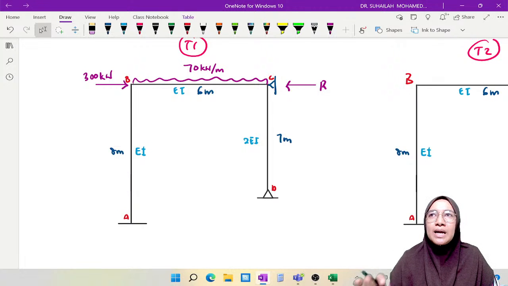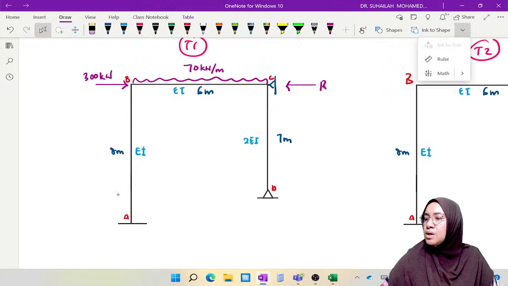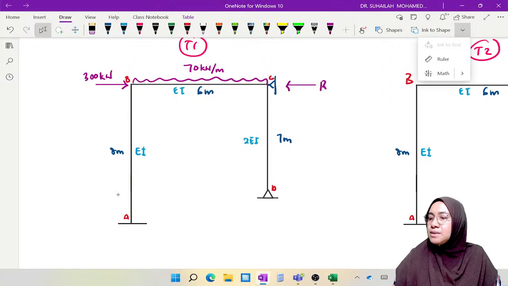In order to calculate the R value, number 1, we have to draw the free body diagram. Because to calculate R, we have to write the equation for R. The equation for R is called the shear equation. We get it from this diagram. So what we need to do is put all the